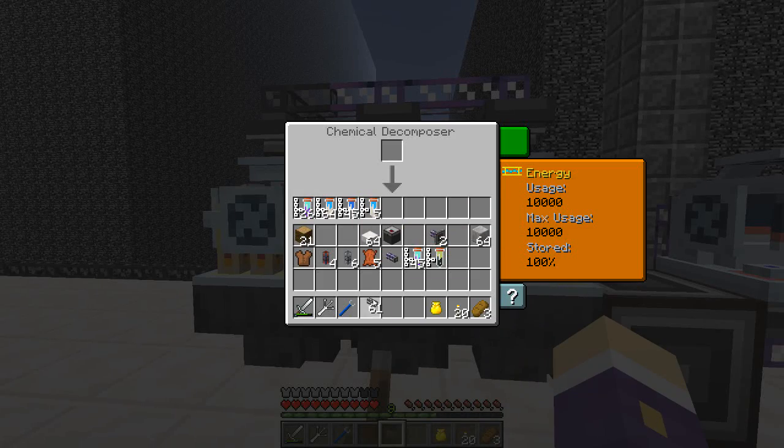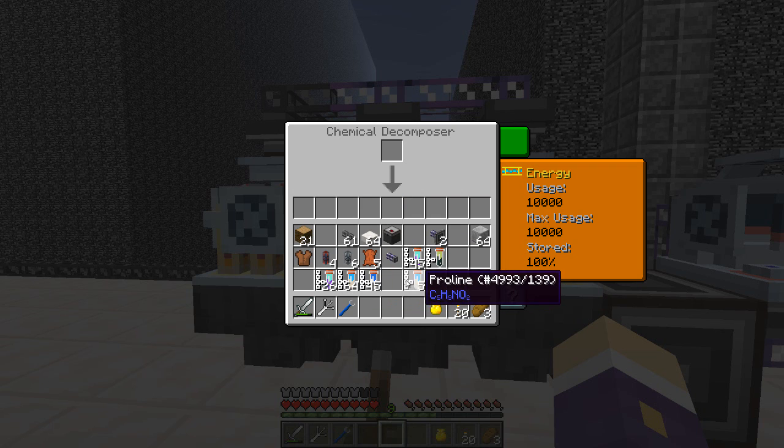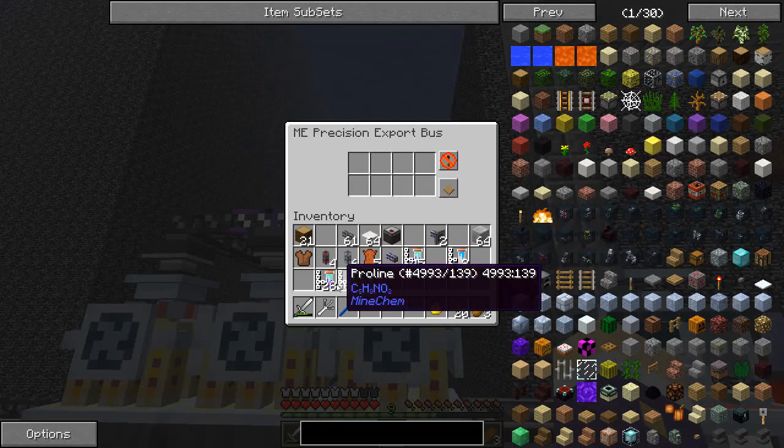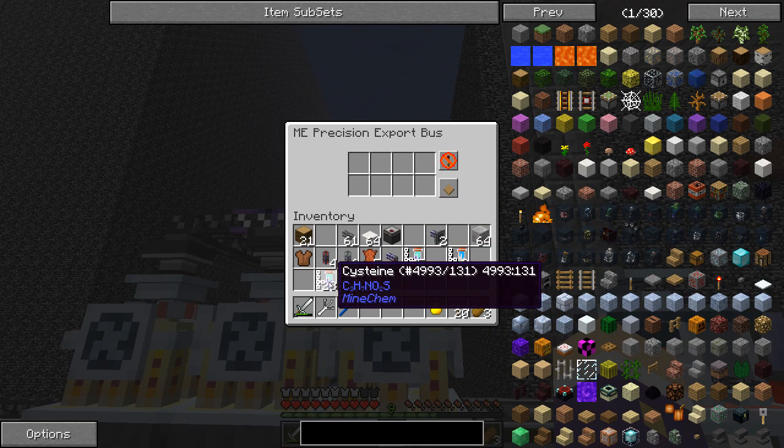Okay, so what are the things that we've got here? We've got the Christian, the Flo, the Theo, and some more of that. So we've got those 3. So that creatine breaks down into those 3 elements. Okay, those 3 elements. So the next one, the precision, the reason I needed a precision export bus, I need